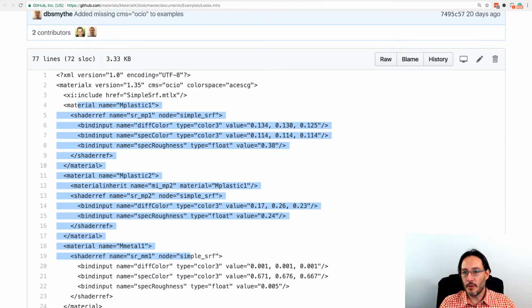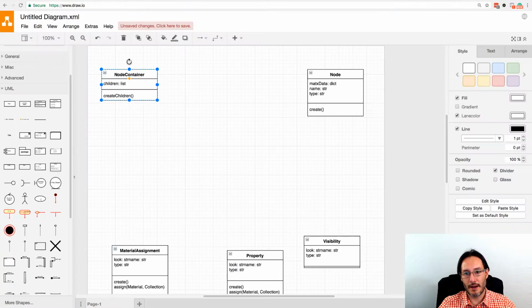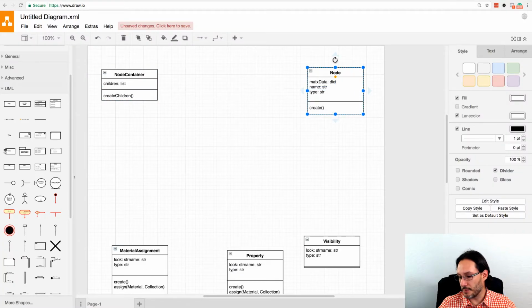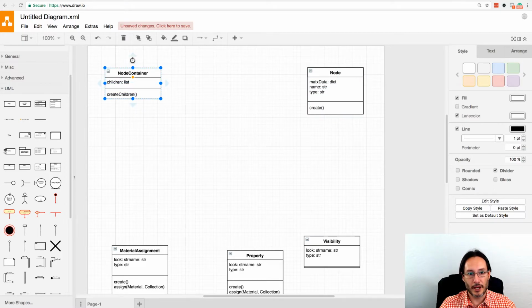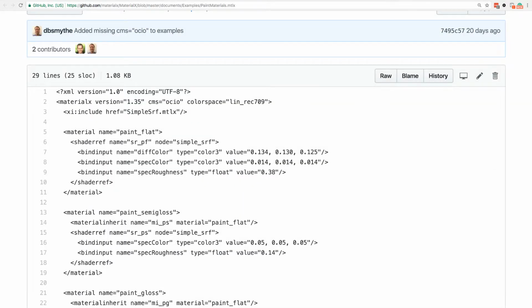So from that perspective, we are going to basically be creating an abstraction, a little layer that is going to be on top of MaterialX, and it's going to allow us to take all this data and convert it into what Blender needs. So we're going to have nodes that are just very simple, and then we have a node container, which would basically be like a group. The node container, I think, is going to be a lot closer to what a node graph is.